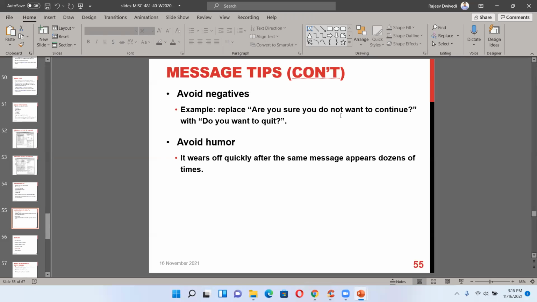So basically, instead of "are you sure you don't want to continue?", write "do you want to quit?" So avoid negatives; instead of writing negative, you can write simple and easy. Avoid humor. It wears off so quickly. So basically, these are the tips to be followed.